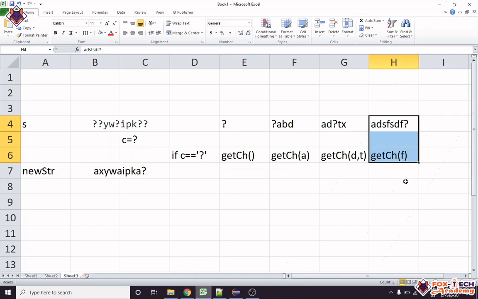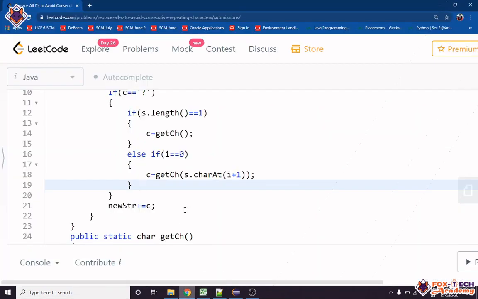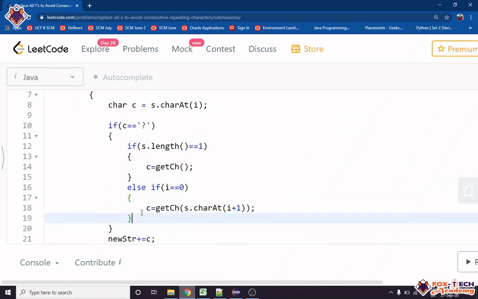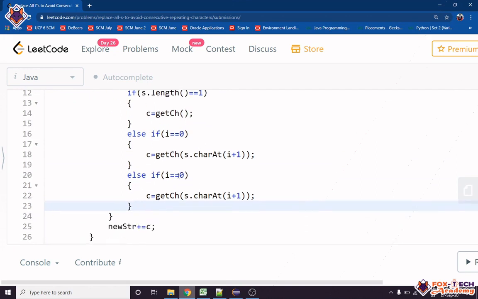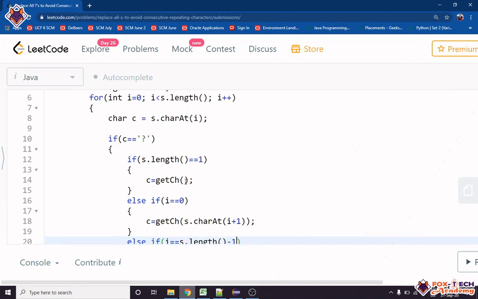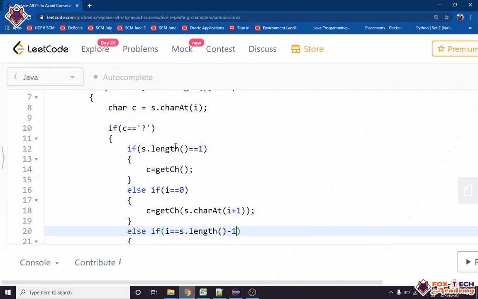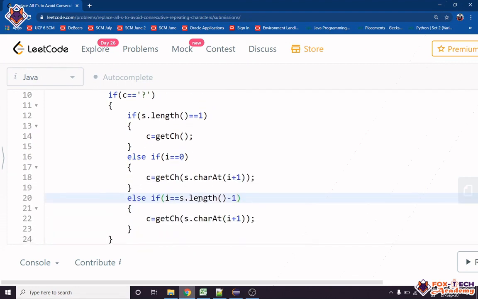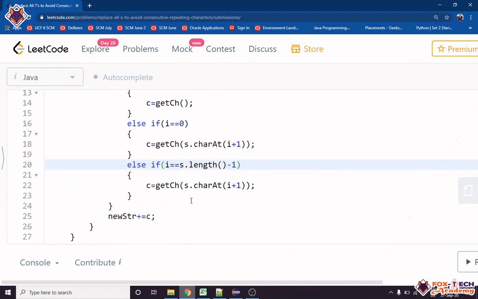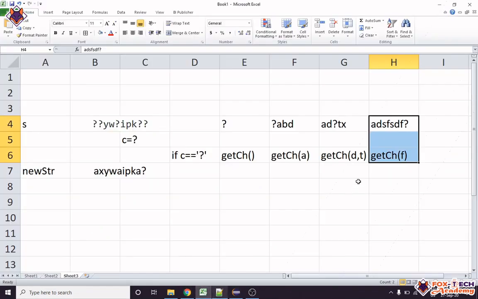So how will we check whether this is the last character? We will use the last index. We will copy this one, and we check if I equals s.length minus 1. So s.length returns the total size of that string, and the last index of that string will be size minus 1. So we have written length minus 1, and now this time we will send